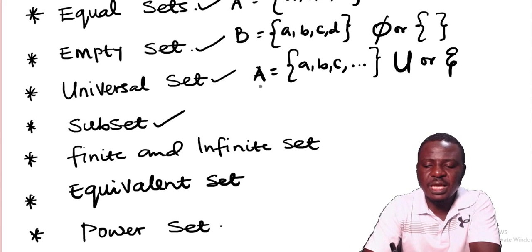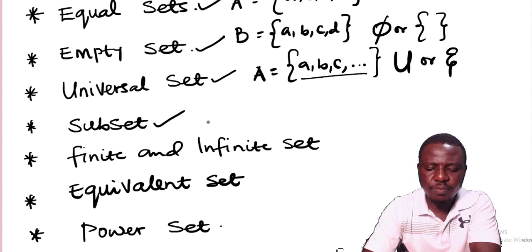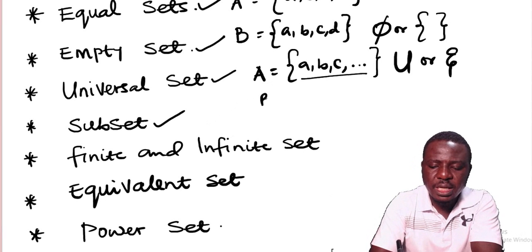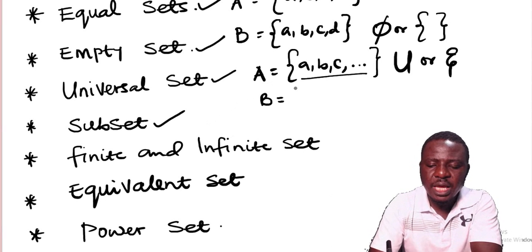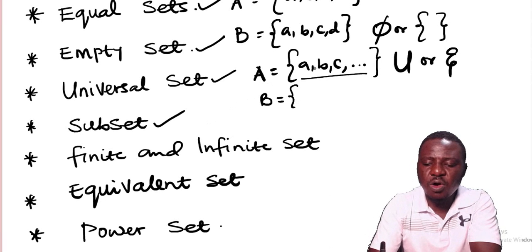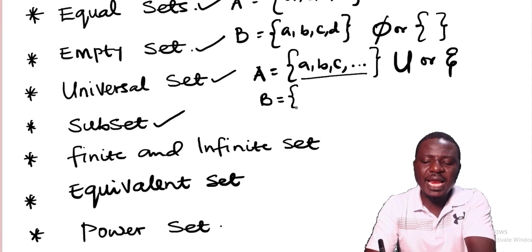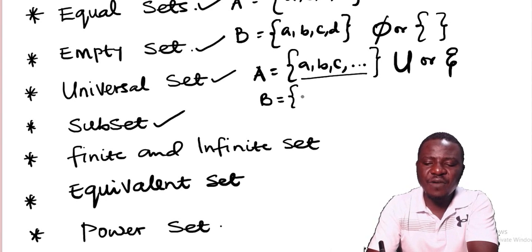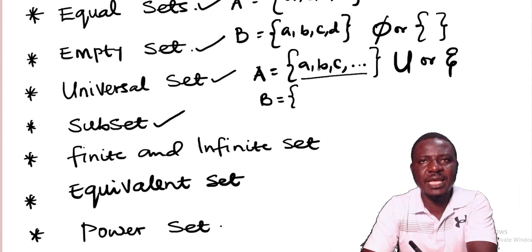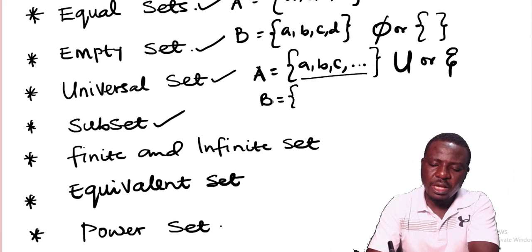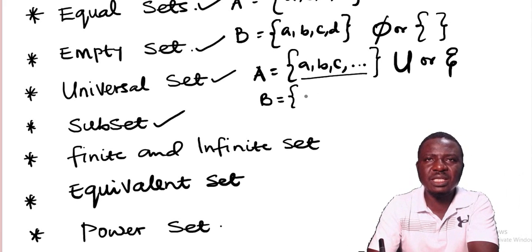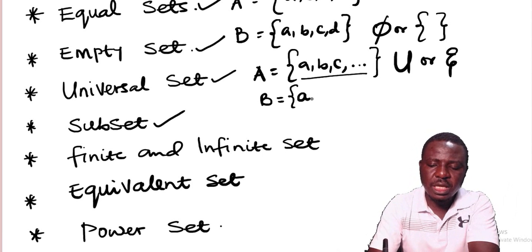If you have a set A made up of alphabet A to Z, a set B can be said to be a subset of A if all the elements in B can be found in set A. For example, if a set B is a set of vowel sounds, that is a, e, i, o, and u,